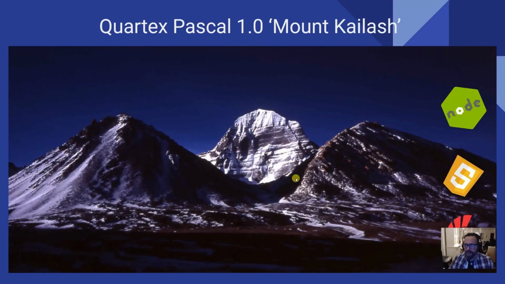Good evening, everybody. I'm going to present Quartex Pascal, which is a 100% Delphi project. This project has been going for a couple of years now. Most of you have probably heard about it before, but I think you will find that a lot has happened since the last presentation. So we are getting close to version 1.0, which is the release candidate, or the first